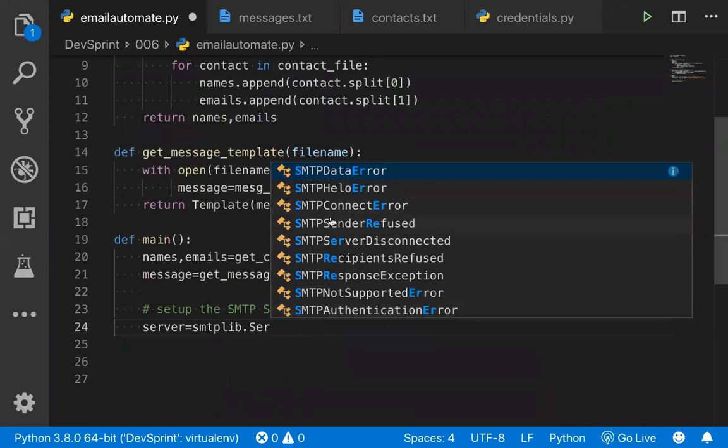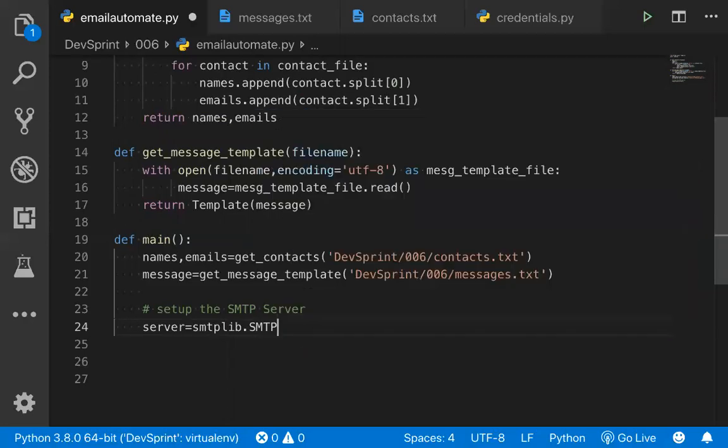You can see there are a lot of functions. We are going to use something called SMTP only. For that, we'll go with the very simple one called SMTP. In this SMTP, what will it take? It will take the credentials of your email and your password. So where do we have these credentials?